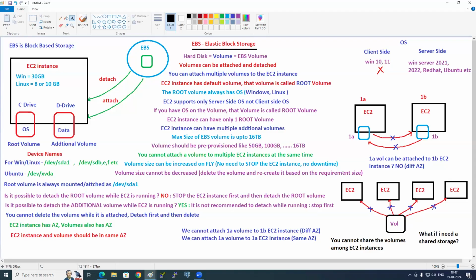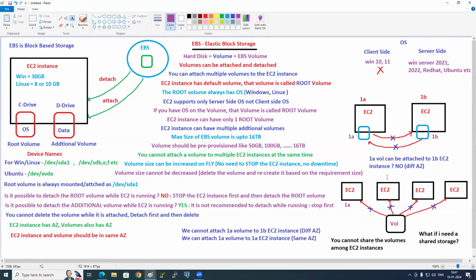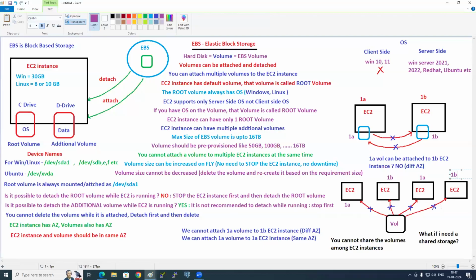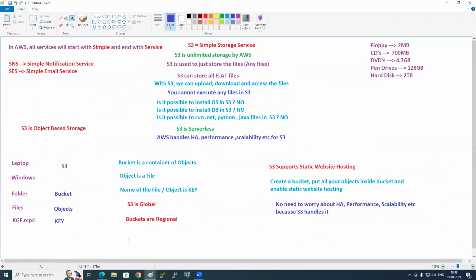The answer is no, not possible. Not at all possible. Any questions meanwhile? Otherwise, take the screenshots, please.